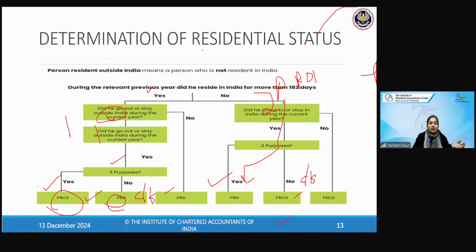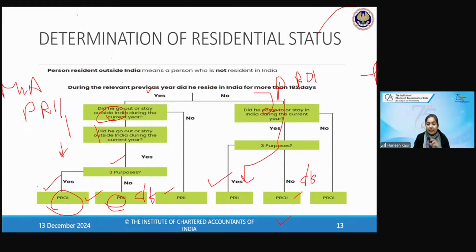So now my audience have to answer me this question. There was Mr. Ray, who is a person resident in India, and he goes outside India for employment purposes, or for business or vocation outside India, or for staying outside India for more than 3 years, for an uncertain period. Then what will be his residential status? If he has gone out of India for any of these three specified purposes, then what will be his residential status? Very good. Then he becomes a person resident outside India. Excellent. Khushi, Khushbu, Archana, all of you. It is absolutely correct. Then he becomes a person resident outside India.